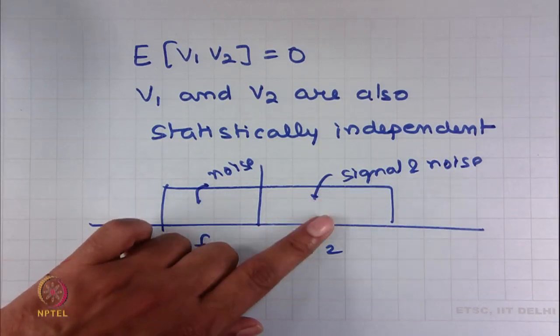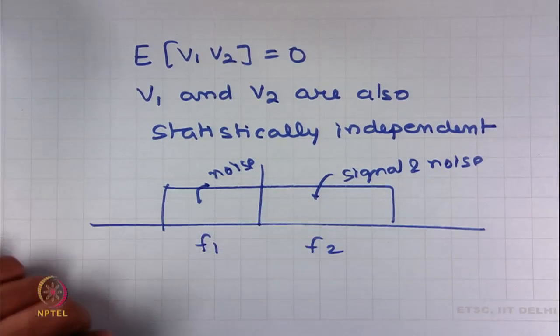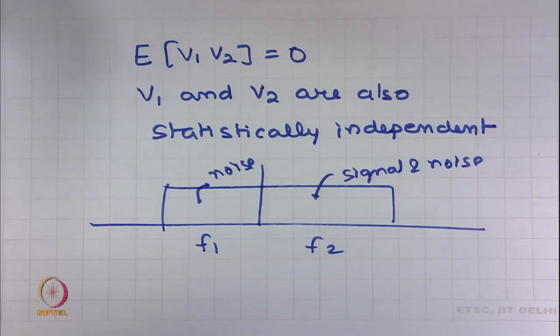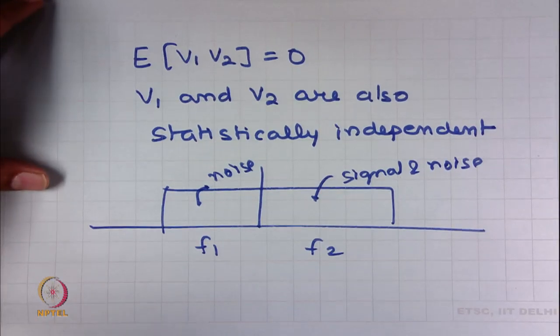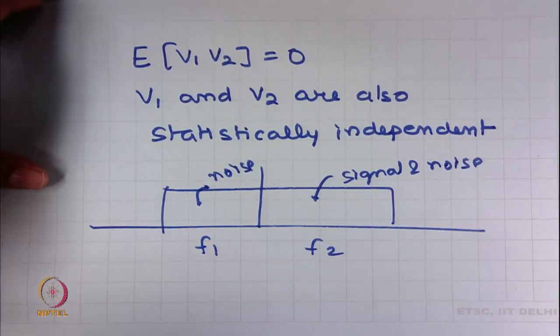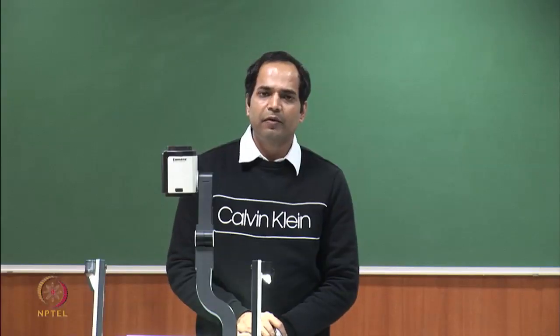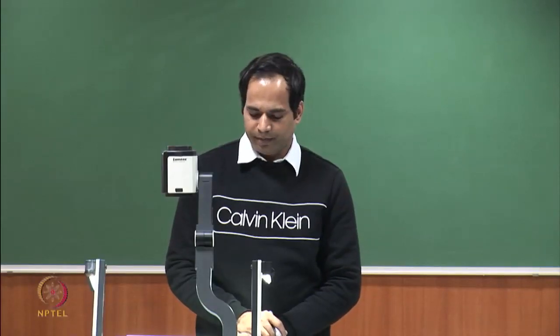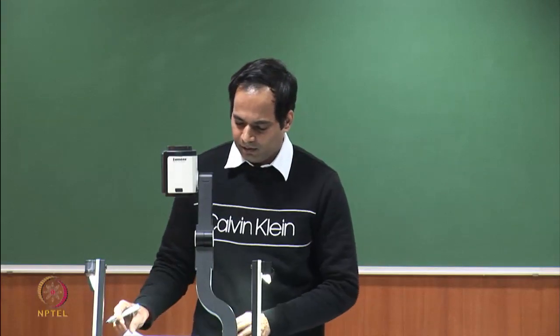And the answer is no. This strategy will fall flat, because noise in different frequency bands is completely independent, and thus by observing the noise in one band we do not learn anything about the noise in another band, and thus such strategies cannot be used in the context of digital communication. Okay. So, that is one thing. The second thing is,